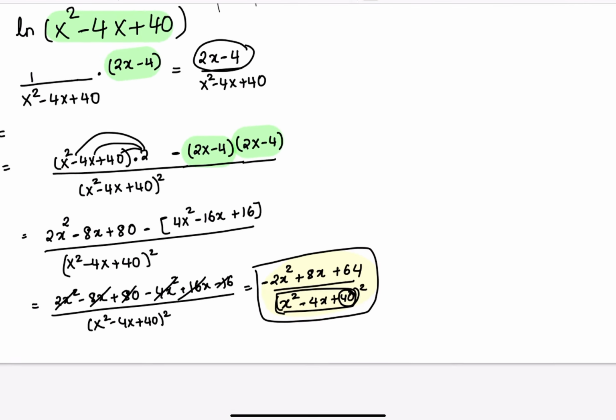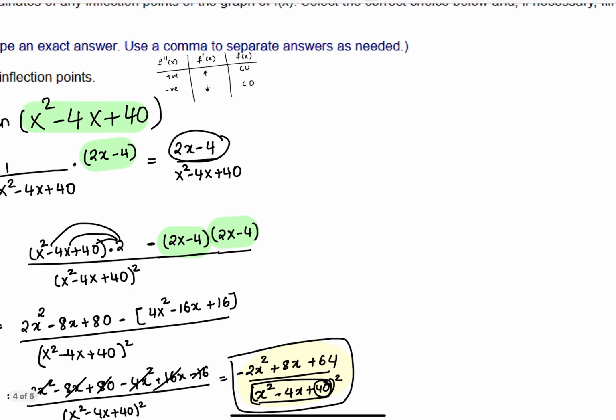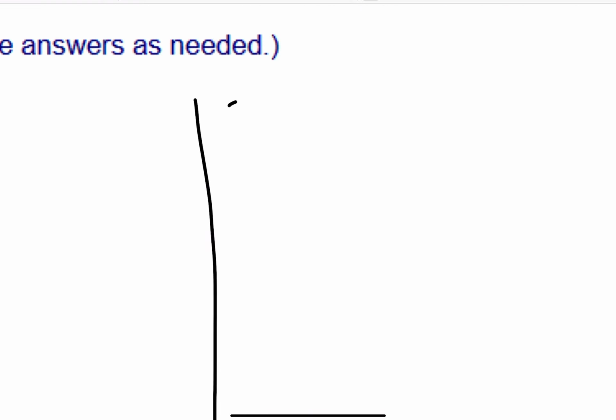That means my function is continuous. So what I'm going to do is to find inflection points. I'm going to make another column here, and I'm going to say, to find the inflection points,